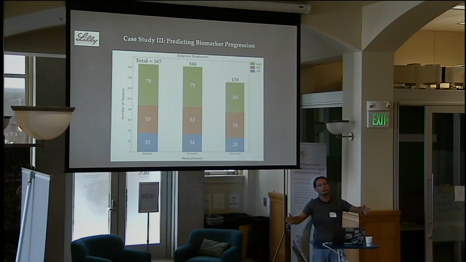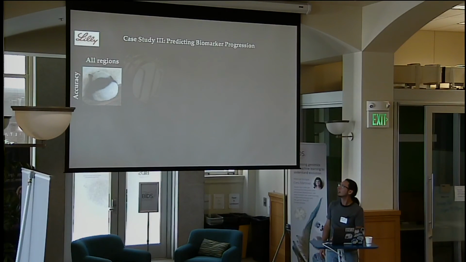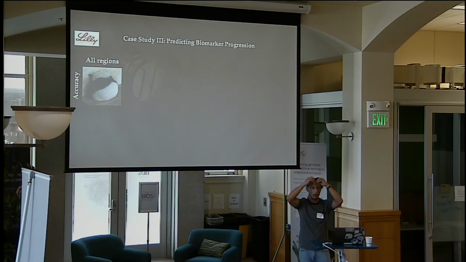The reason they want to do that is that if they are able to create a drug, they want to say, the prediction said tau was going to increase by 20-something percent, we increased by 4%, so our drug is working. So the question here is, can you predict longitudinally what's happening? Due to lack of time, I'm not going to show you all the details, but when I tried to predict how much tau is going to accumulate in all the regions of the brain, the results were embarrassing. Nothing really worked well. So what we tried to do then was, what if we decrease the problem?